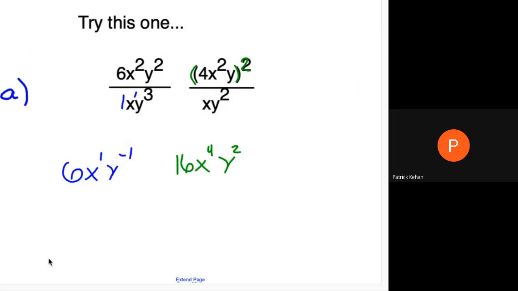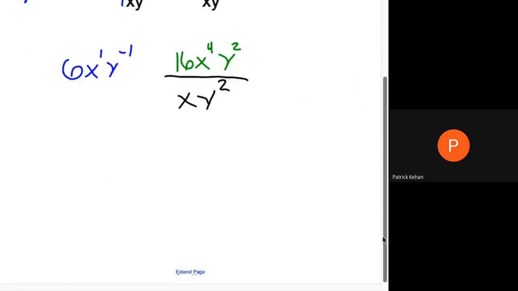Which still leaves us with a fraction, right, over xy squared. Things I'm noticing in this fraction right away is that I have a y squared and a y squared. So if you want, you can simplify right away at this point. It's really your choice. It doesn't matter. I'm going to write this as over 1 at the moment. And notice my left fraction isn't officially simplified, but I still have to multiply, right? So at this point,